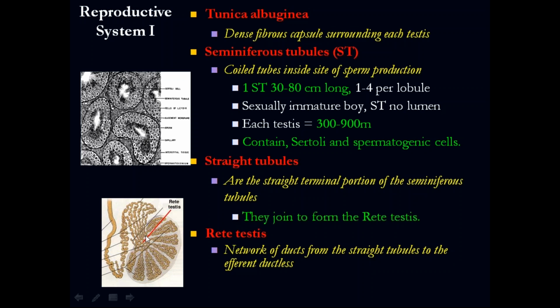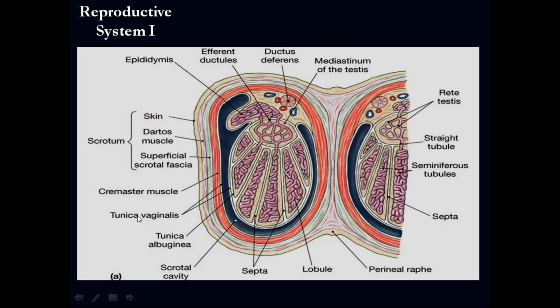And then up to the rete testis is the testicle. Why? Because what continues outside is going to be the efferent tubule. This efferent tubule is already not considered part of the testicle. So the testicle is going to end at the level of the rete testis. Okay, so we have seminiferous tubules, straight tubules, rete testis, and the efferent duct. They're going to go into a coiled structure that is the epididymis. So after all this, the pathway enters into the epididymis.